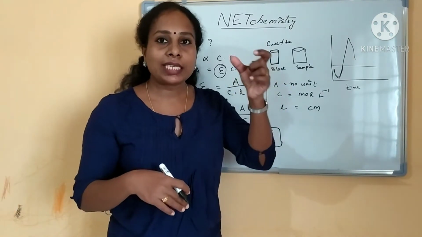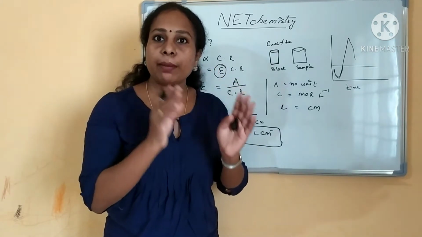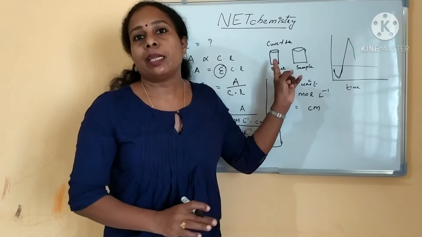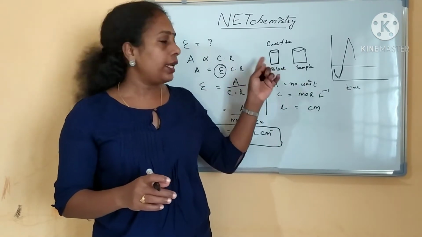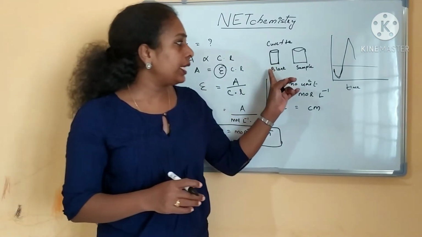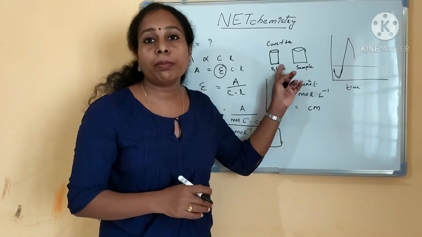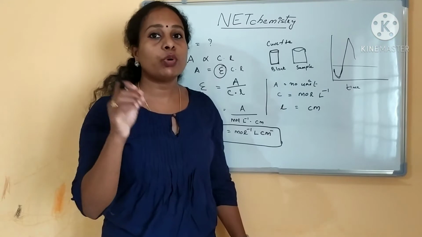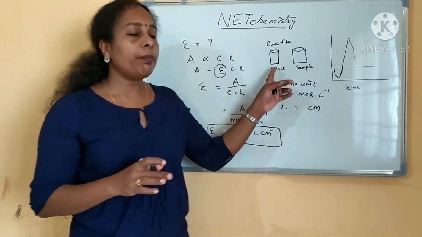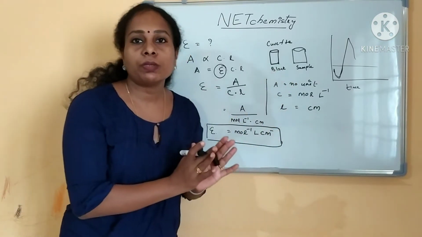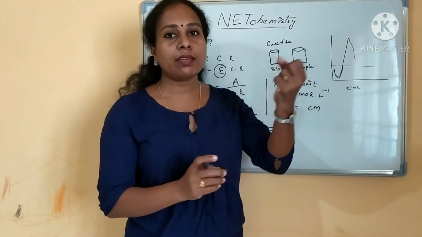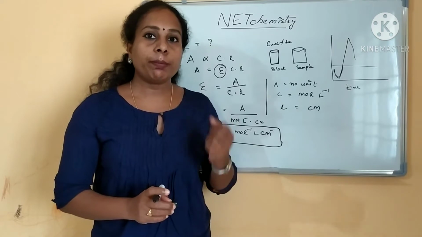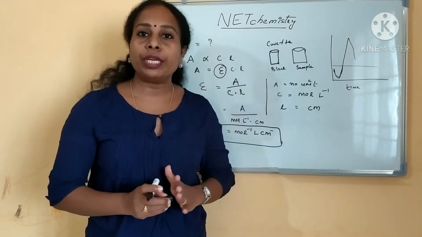We will be processing the sample in some particular solvent. Only that solvent we will keep as the blank. So what will be happening? The intensity of the light absorbed by the blank and the intensity of the light absorbed by the sample is what we refer to. Blank we always keep as auto zero, and based on how much light the sample absorbs, we find out